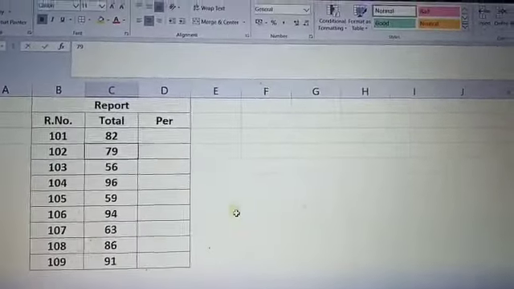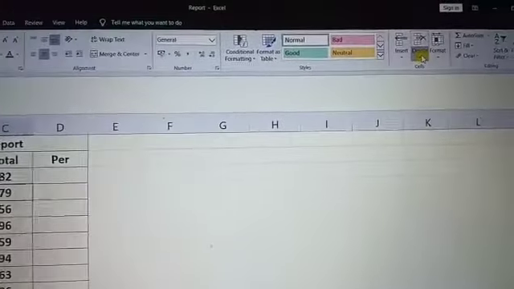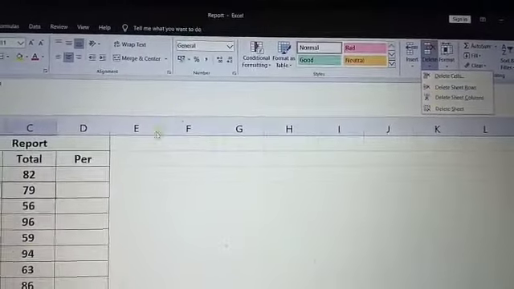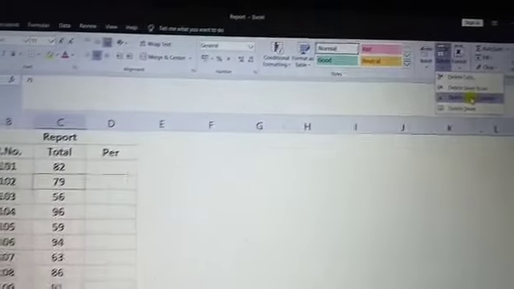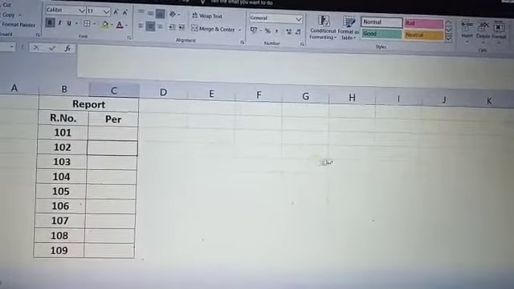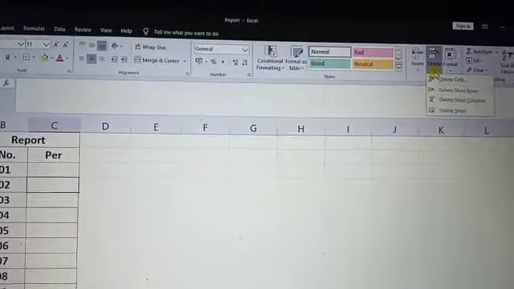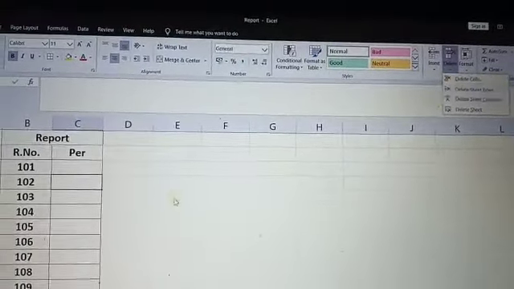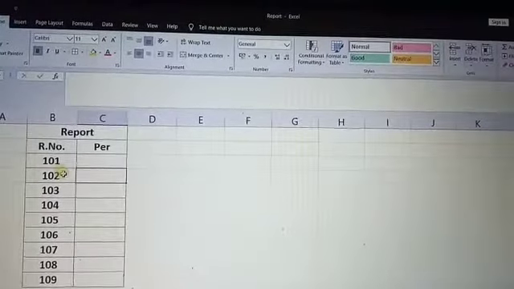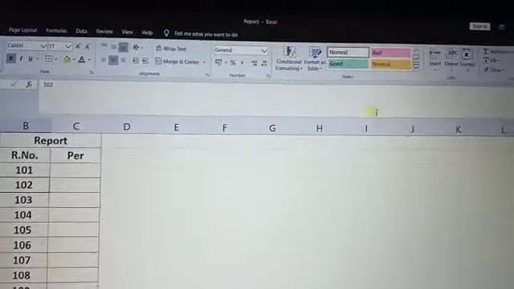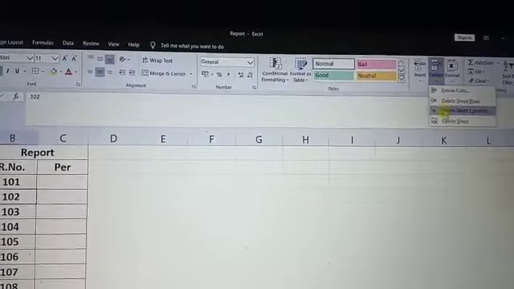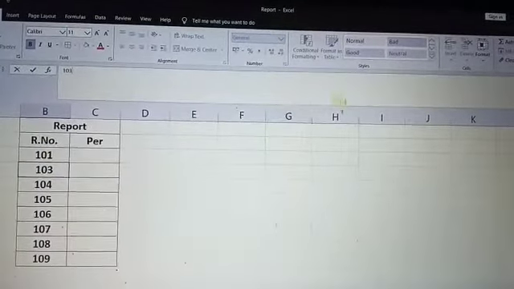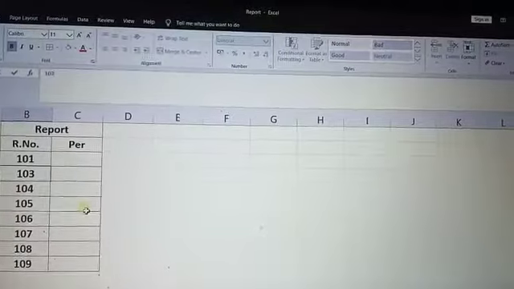Now there is another option. You can see Delete Sheet Columns. Our cursor is on the 79 position. Now this column is completely removed. Again I clicked on Delete Sheet Rows. The cursor position is on 102. I have clicked on Delete Sheet Rows, and 103 moves into its place. Again I restore the previous state.